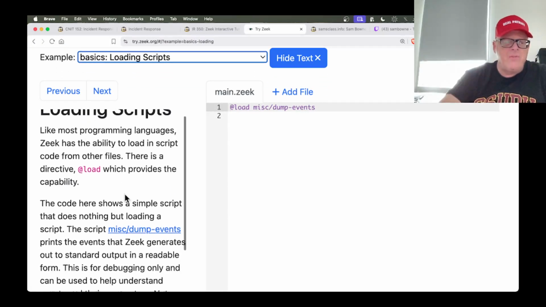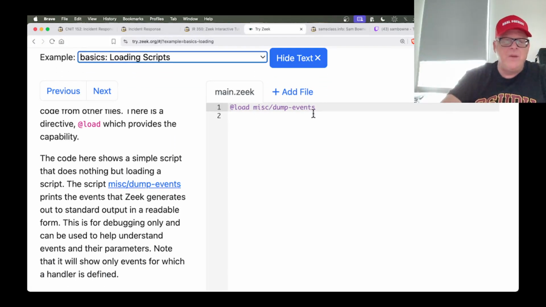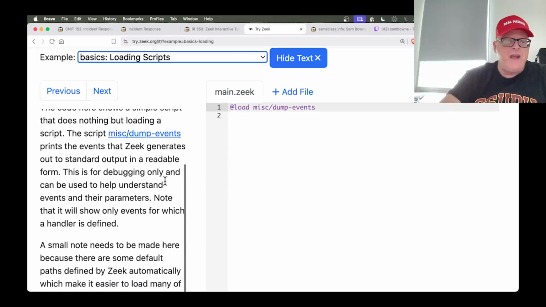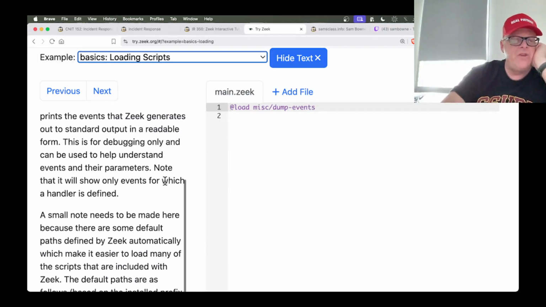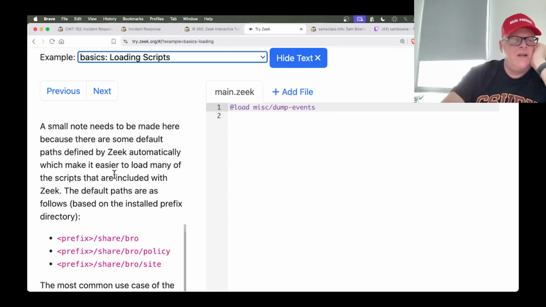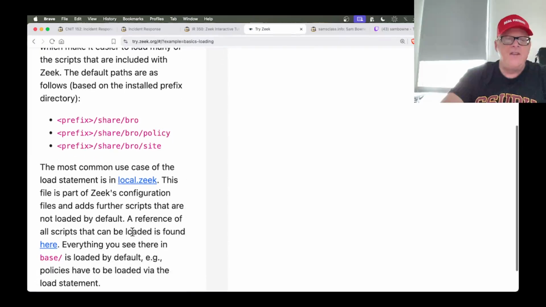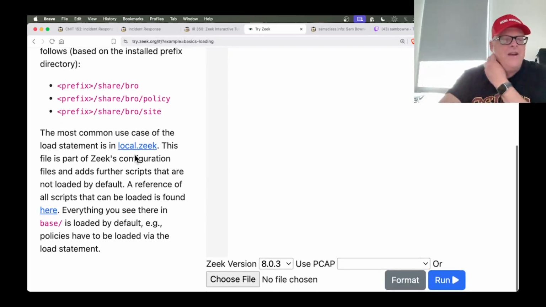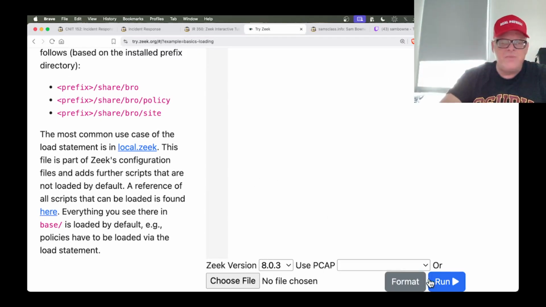You can load in scripts from other files. So here it's going to load something from MISC dump events. It loads a script. This will print the events that Zeek generates. And there's some default paths defined by where Zeek hides things. And notice the folder name is still Bro, because that was the original name of it, and they didn't update all that. So let's run this, and this should just print out some,